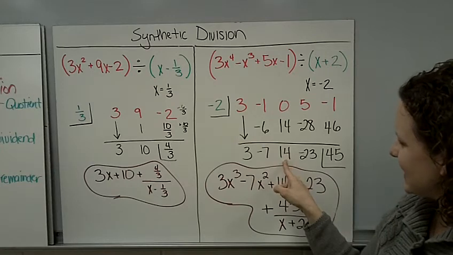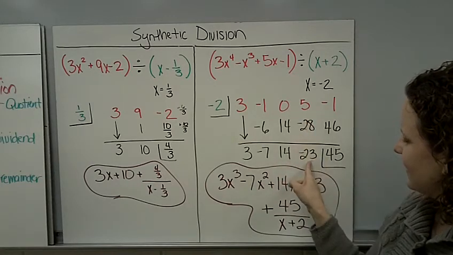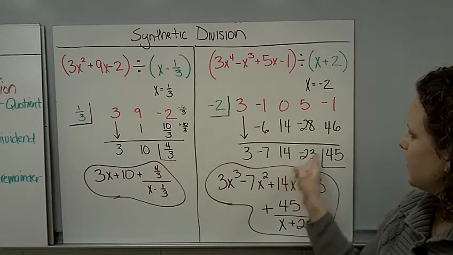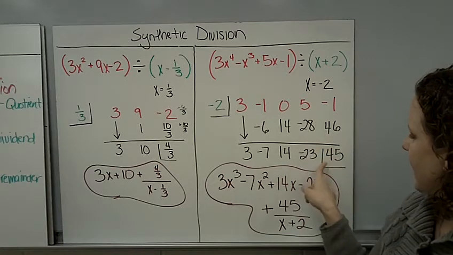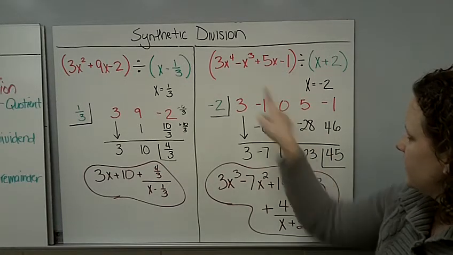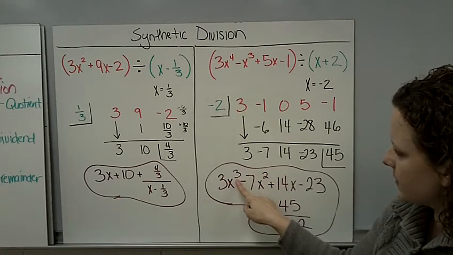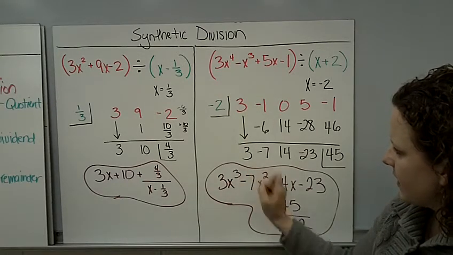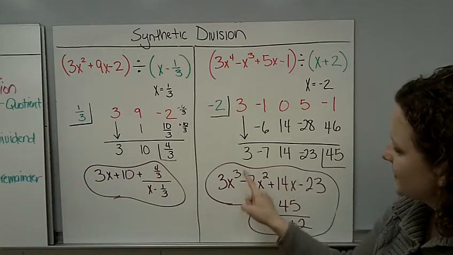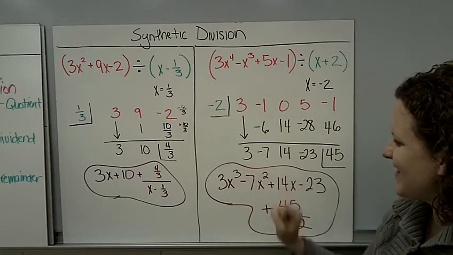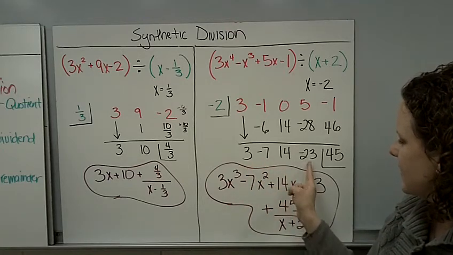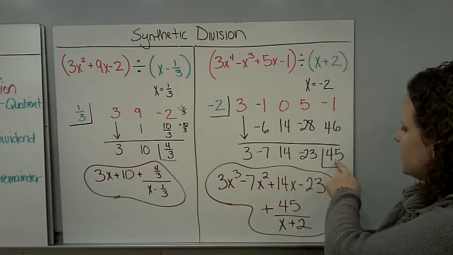-2 times 14 is -28, add. -2 times -23 is positive 46, add. We have a remainder. So if our problem started out with power to the 4th, our answer is going to be power to the 3rd. 3x cubed minus 7x squared plus 14x minus 23 plus 45